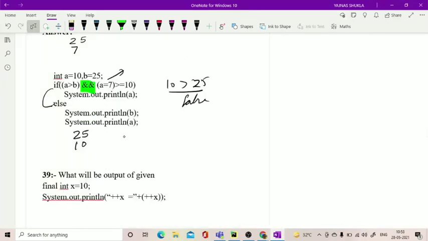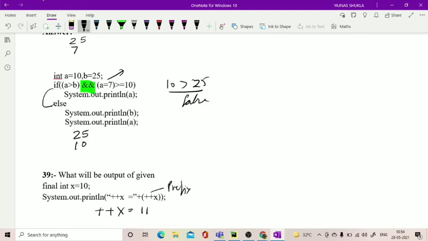Now what will be the output of this? The output should be: plus plus x is written in double quotes. Sir, it will be printed as it is. Sir, printed. The outside one will be executed. Yes. So according to you children, it will display plus plus x equal to 11. But plus plus x is outside this, so the prefix will make it 11. That is what you are telling me.